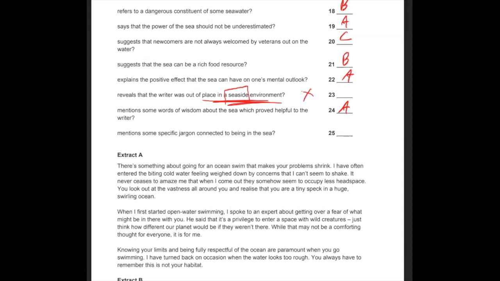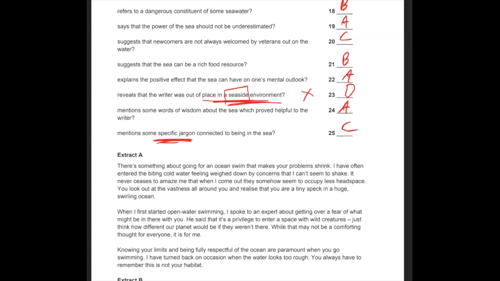And then 25 mentions specific jargon. So what do we say jargon was? It's technical terms, terminology, or special words that are used by very specific people, right? So just for people within a particular area, right? So it's a specific technical word. The answer to 25 is definitely C. And I don't even have to read my last one to know that the correct answer for this 23 must be D, right? So you save time by not even having to read the entire paragraph. That's a good amount of time that you've saved.